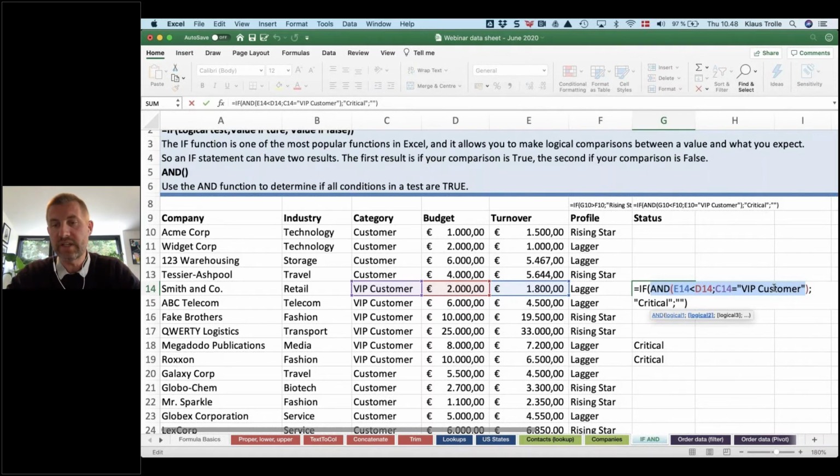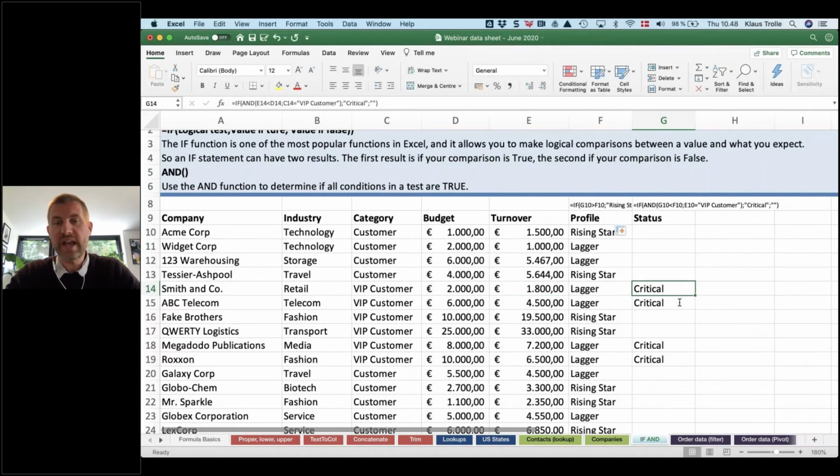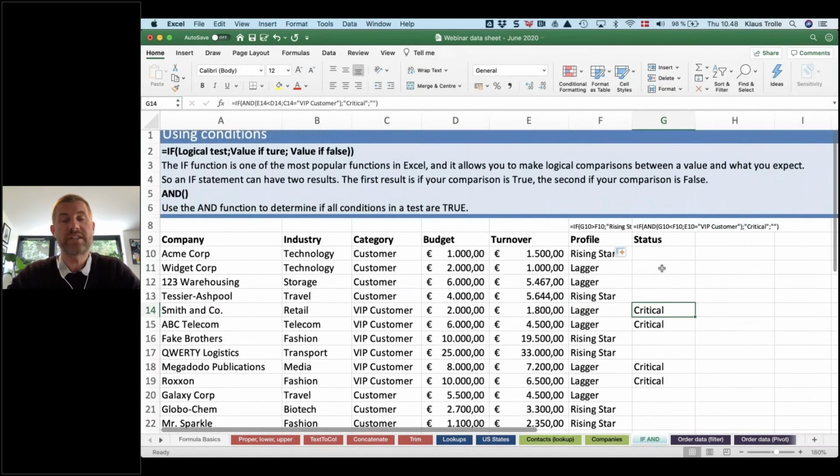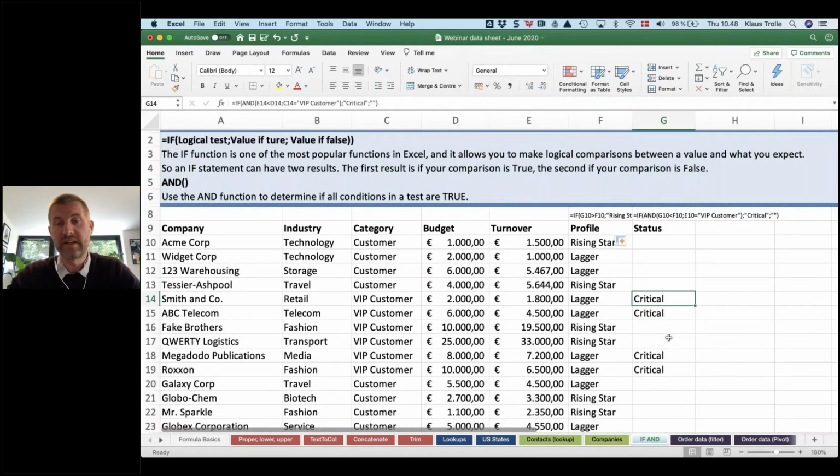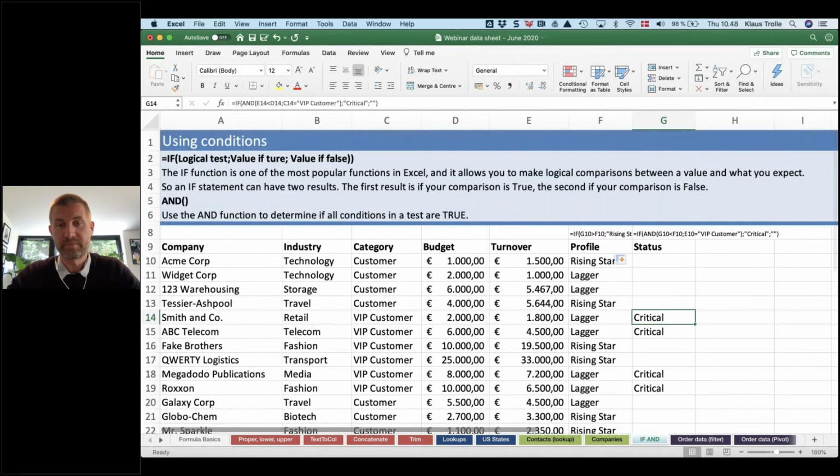If both these things are true, it will put out critical, and if they're not, it will put out nothing, or anything else I would like to put in there. So that is how you can combine your checks or your logical tests using the AND feature there. I hope that makes sense. I will, as mentioned, keep the values, the formulas in here and the examples up here so you can play